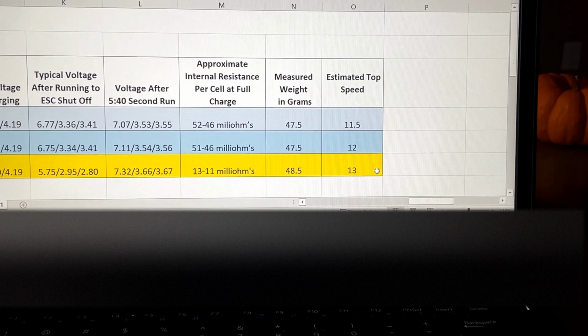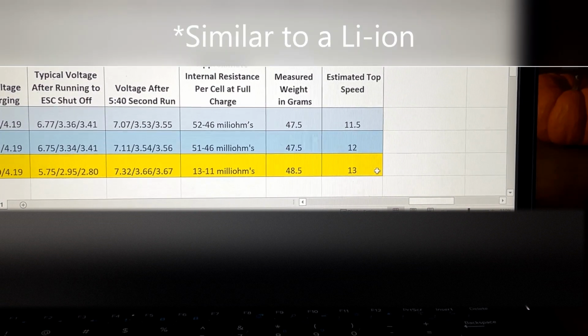So the original question was, is it worthwhile to buy LiPos for your Surge X03? And I would say, as this battery was very inexpensive, yeah, it was worthwhile. Although, I think either way would be fine. I don't think one type of battery is really that much better than the other. I will say, however, I think a lower performance LiPo battery in this Surge boat would have probably performed worse than the Li-ion batteries. Although in most of the testing I've done, the cheaper LiPos have a lot of capacity compared to their actual rated capacity. It's just that the capacity is down in that lower voltage range. So maybe it would have performed more similar to a LiPo. I guess I'm talking in circles now, but